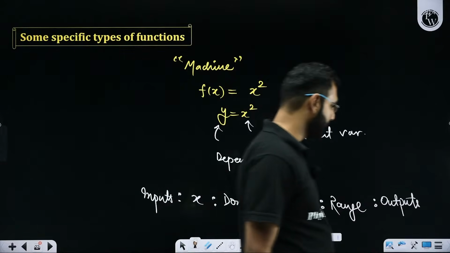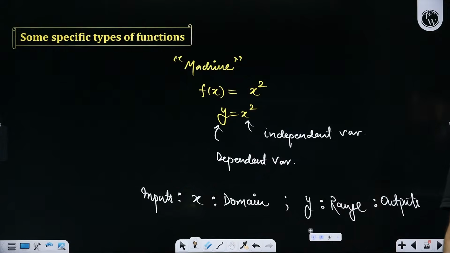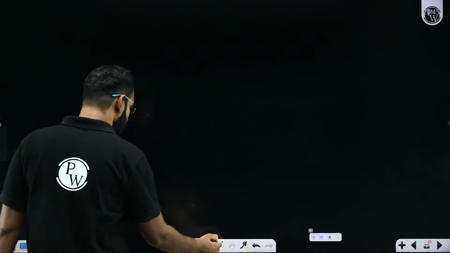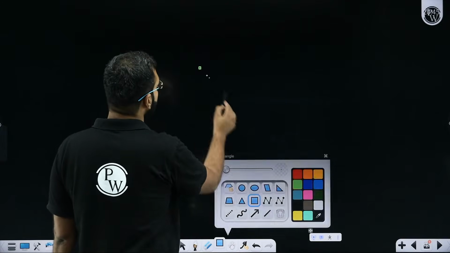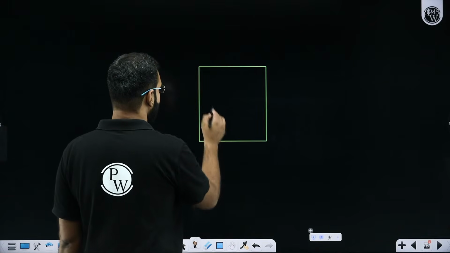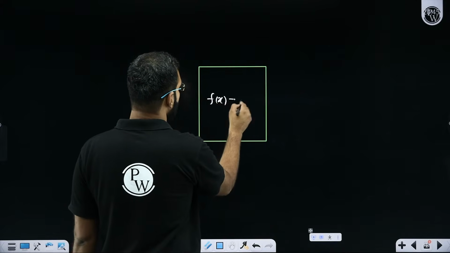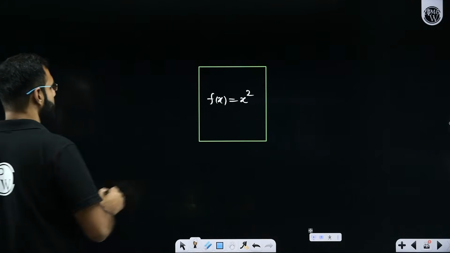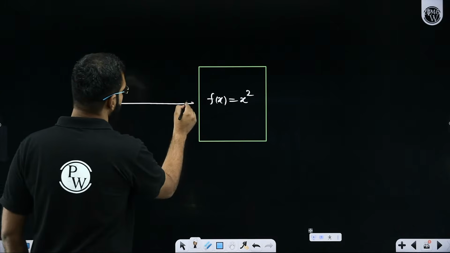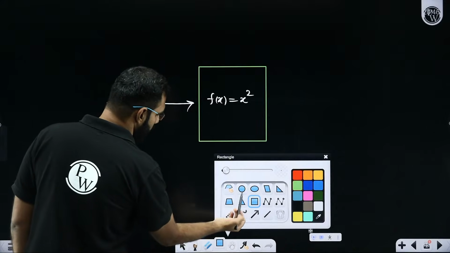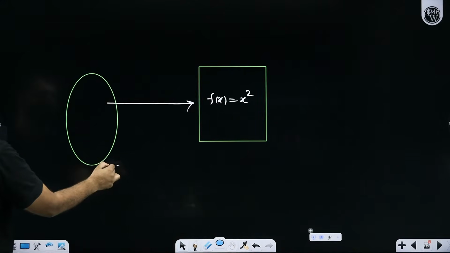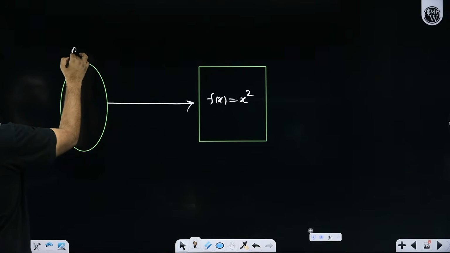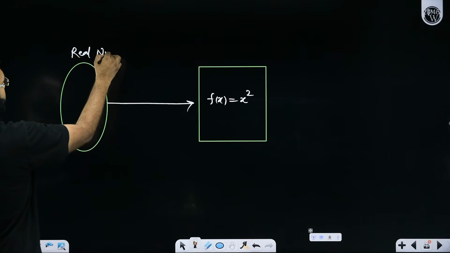If you're still not getting it, can somebody tell me in the comments what all inputs and outputs we can give or get here? So let's say this is a function f(x) equal to x square. Then what is happening over here? I hope you do notice that as inputs, what all can I pass? Sir, I can pass the set of all the real numbers in the world.